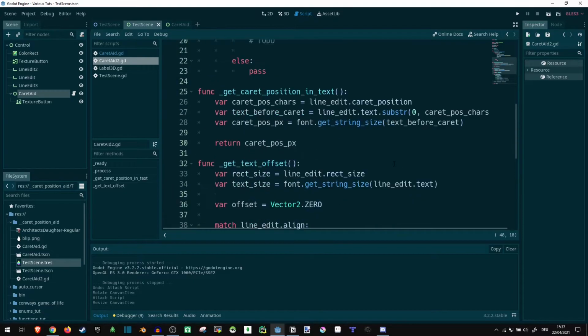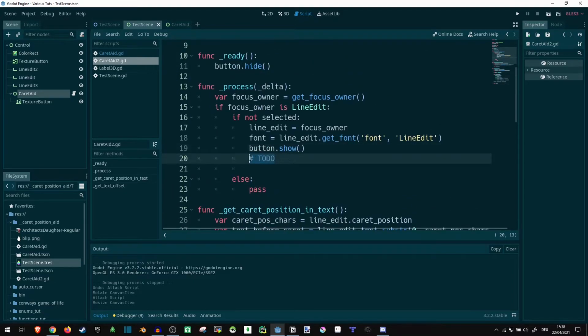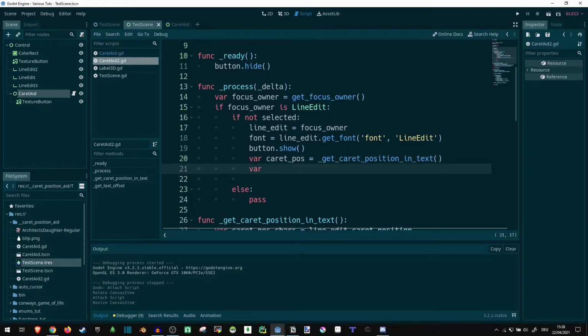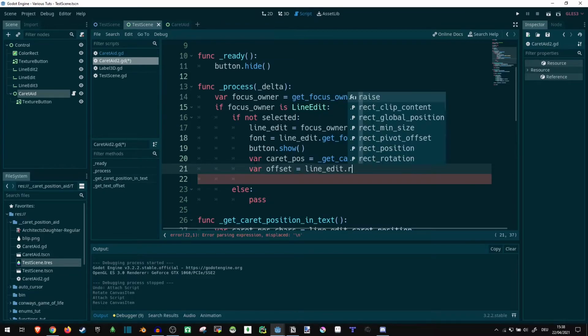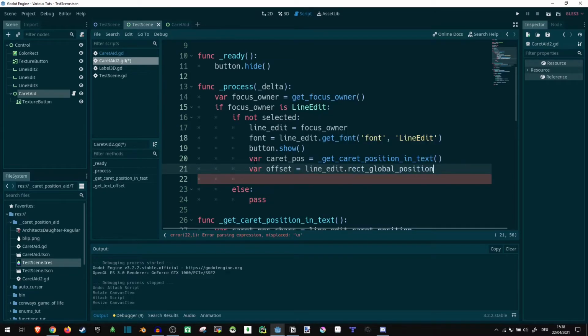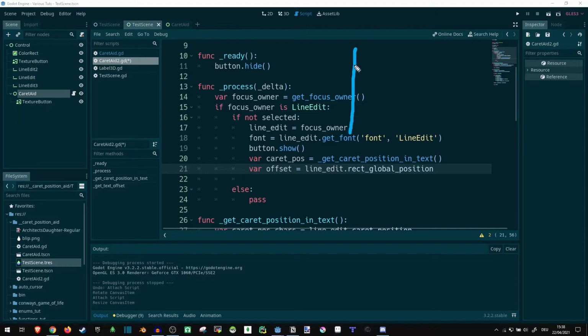And we'll come back to this in a bit. So, now that we're back up here, let's say var caret position equals get caret position in text, and var offset equals line edit dot rect global position, because that part we haven't accounted for yet, the part from the corner of the entire screen to wherever the line edit starts,